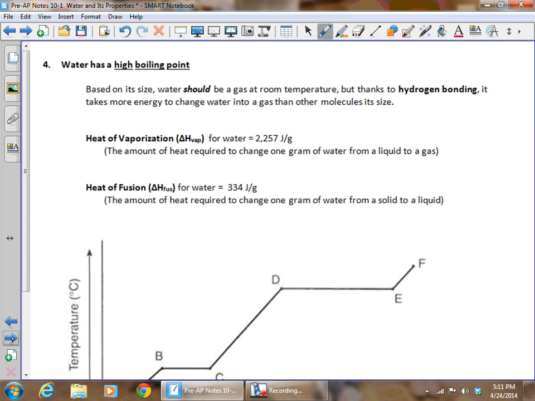Water has a high boiling point. Based on its size, water should be a gas at room temperature. But thanks to hydrogen bonding, it takes more energy to change water into a gas than other molecules its size. When you look at the heat of vaporization for water, the amount of heat it takes to change a gram of water into a gram of gas or steam, it takes a very large amount of energy,